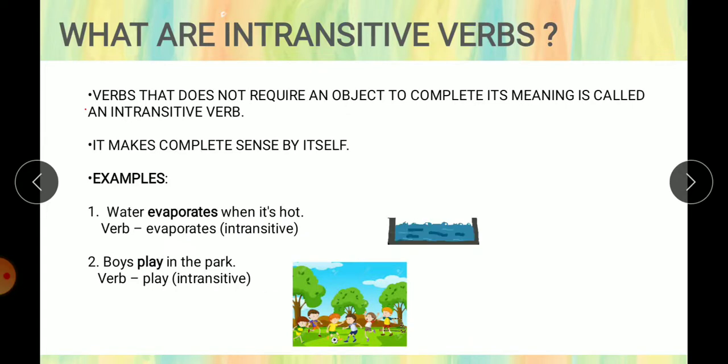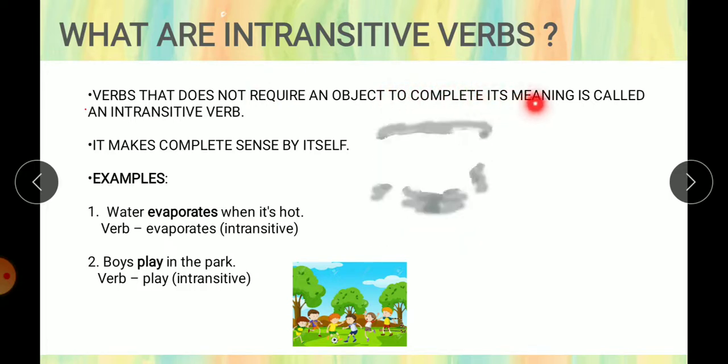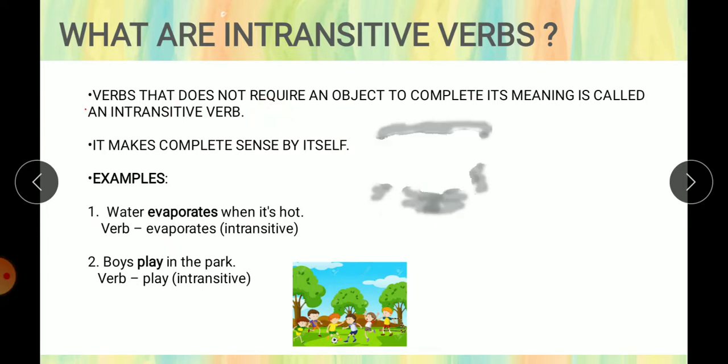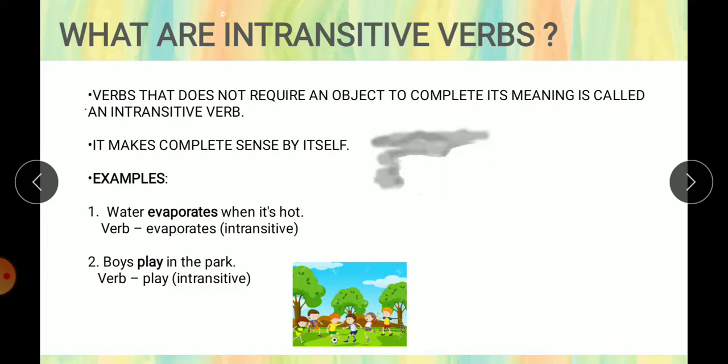Coming to intransitive verb. Verbs that do not require an object to complete their meaning are called intransitive verbs. If in a sentence there is no object after the verb but still the sentence is complete, then that verb is intransitive. Intransitive means without object and transitive means with object. Example,